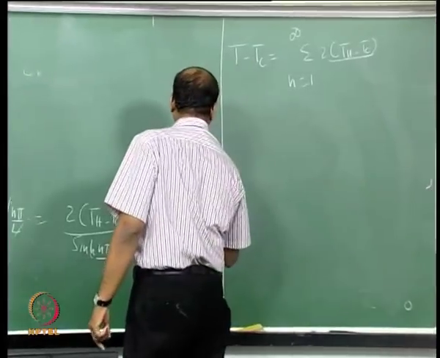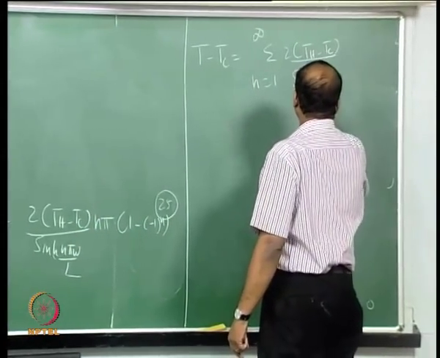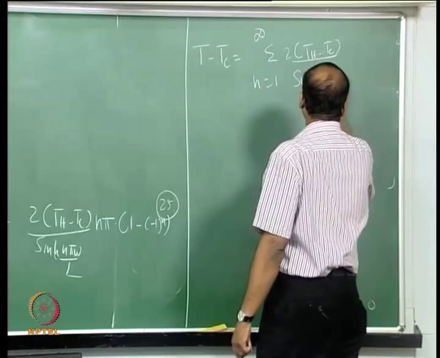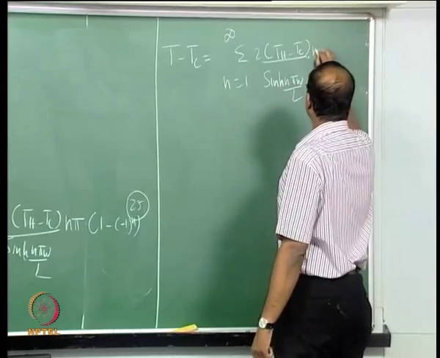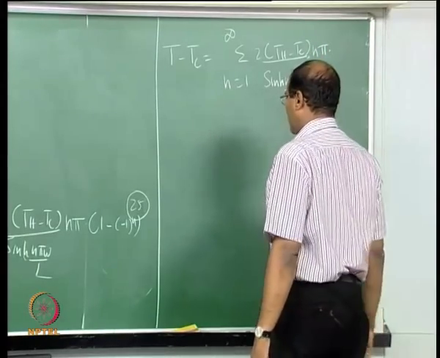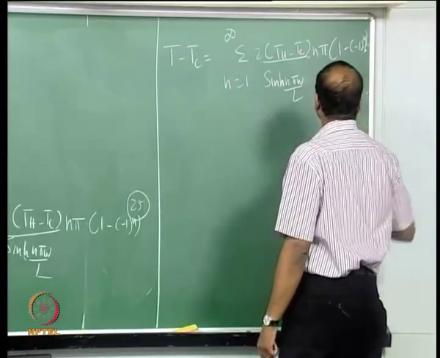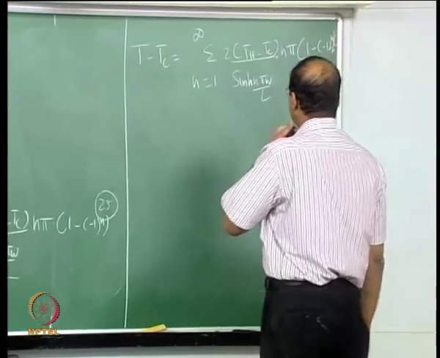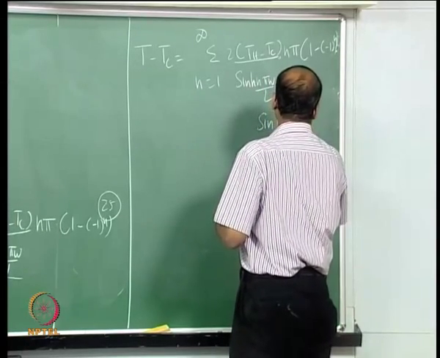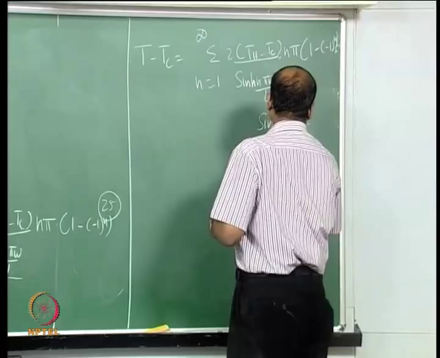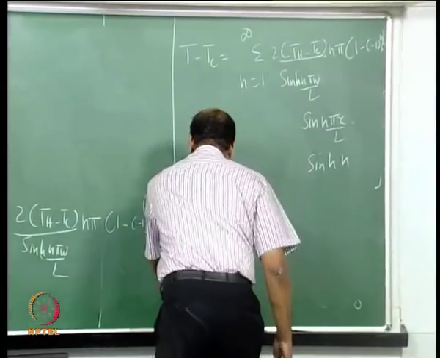This 25 into... I am not sure about that, n pi is coming, is it, okay, into n pi, where is it going, 2 by n pi, sorry,